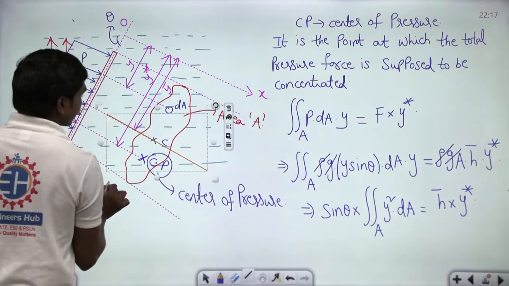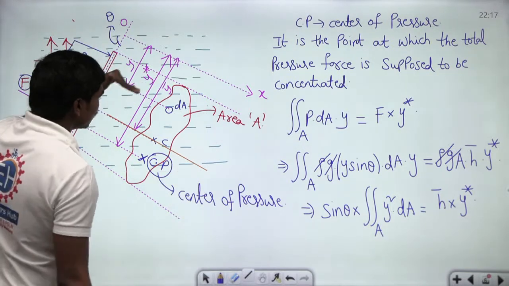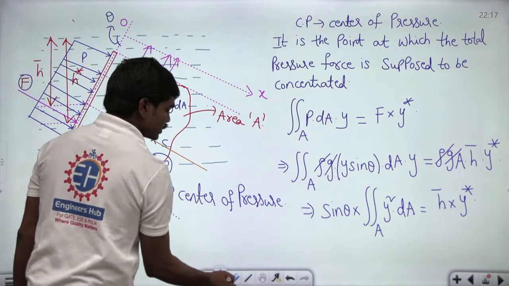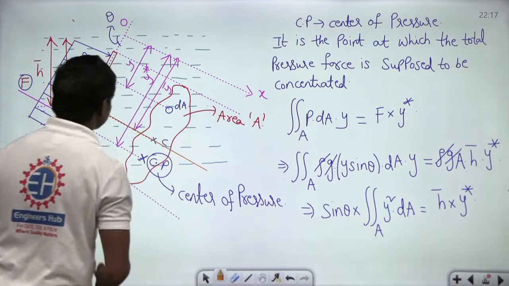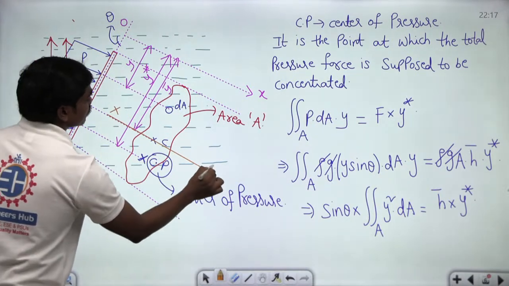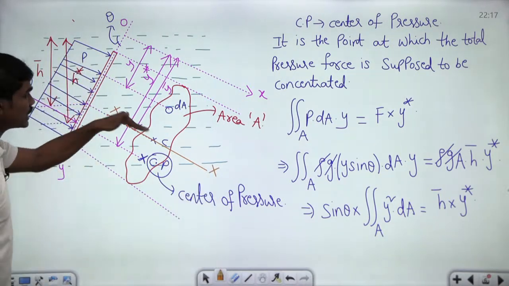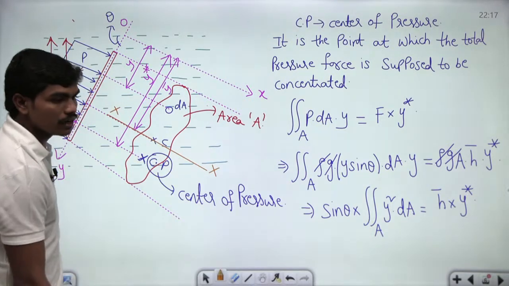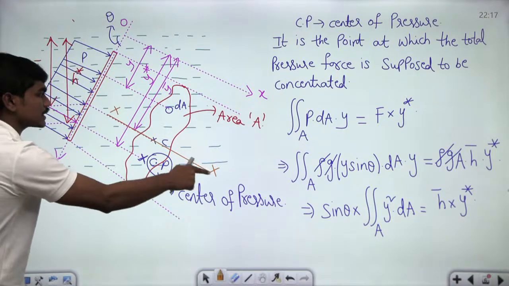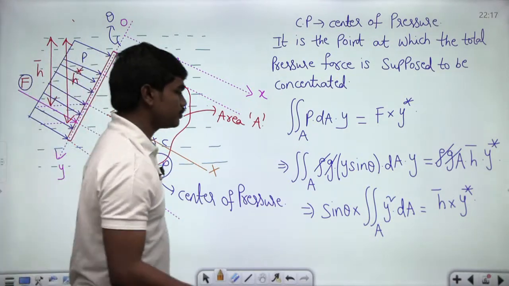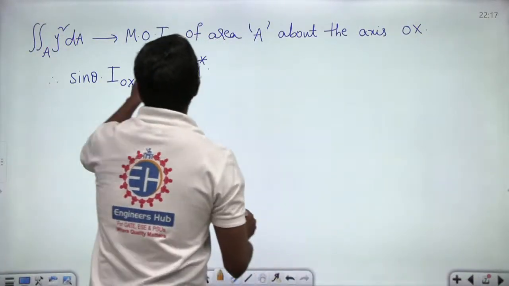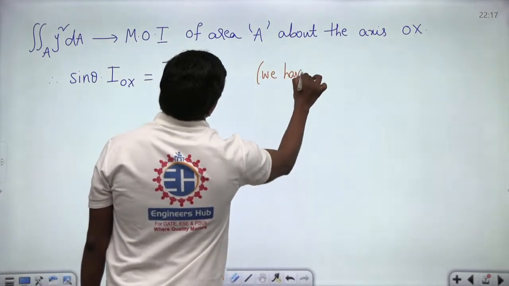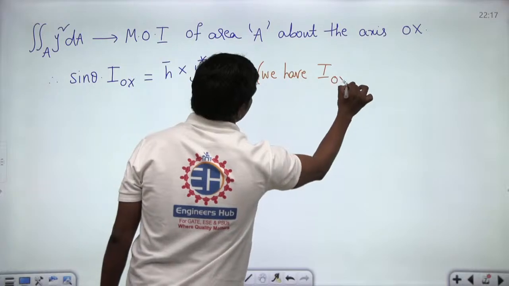Let us suppose I take an axis which is parallel to this OX but passing through the centroid of this plane lamina, and I name this XX, for example. This axis is parallel to this OX and also passes through the centroid of this area. If this is the case, can I write this IOX, the moment of inertia of this plane lamina about this OX